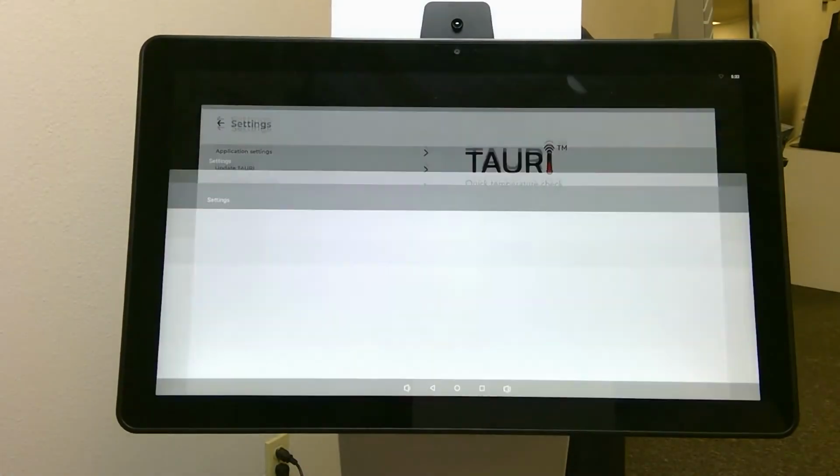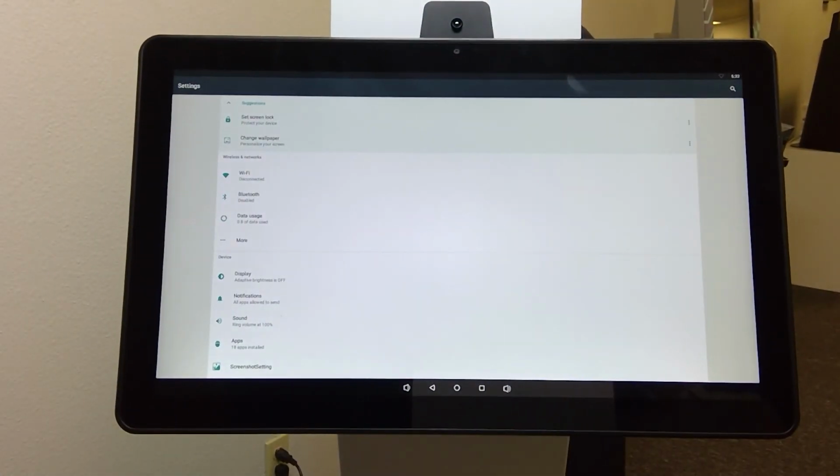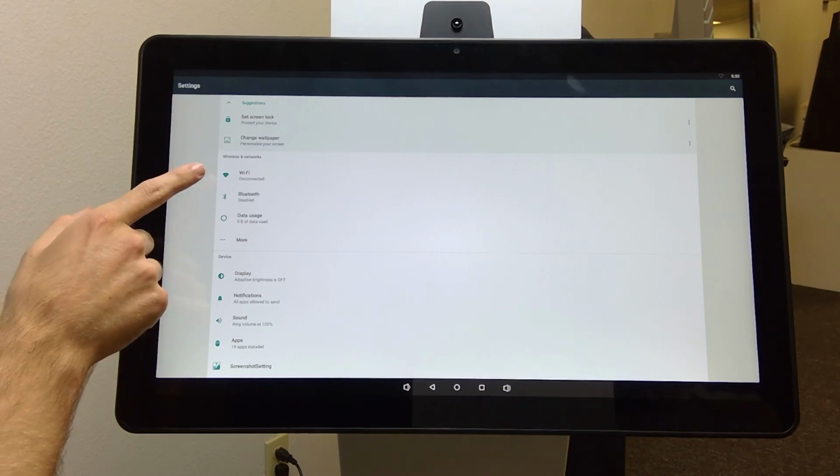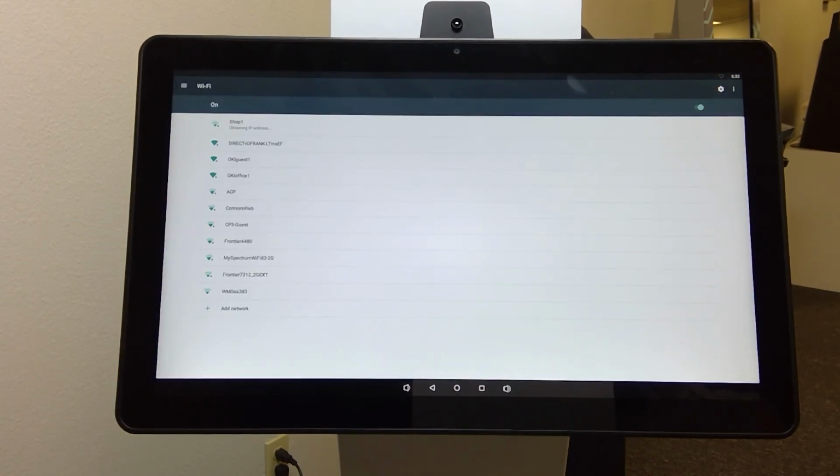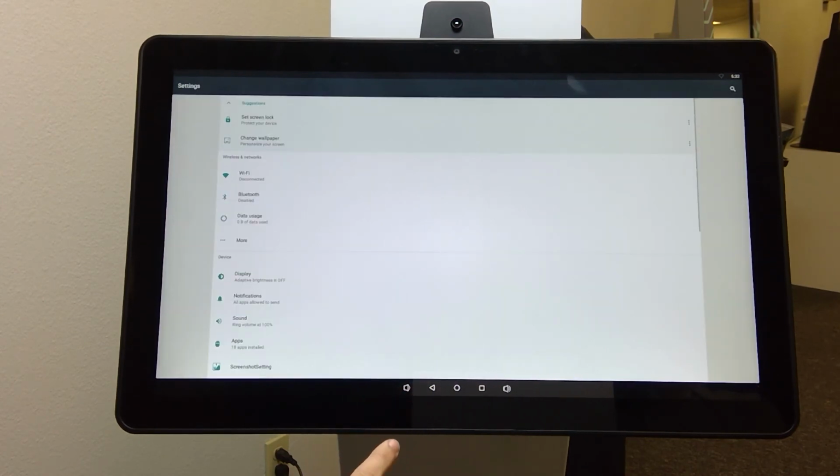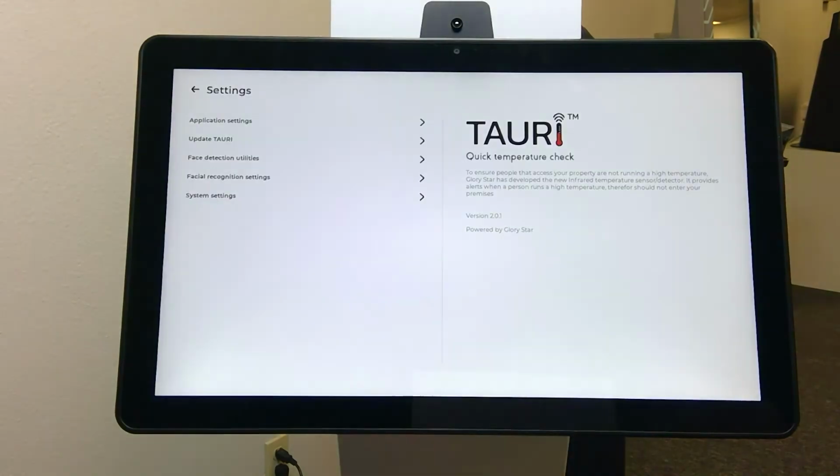Settings. The System Settings menu is where you can connect your kiosk to the internet via Wi-Fi. If you click the Wi-Fi option, it'll show you all the available networks that you can connect to. Once completed, you just hit the back button twice, and it'll take you back to the previous